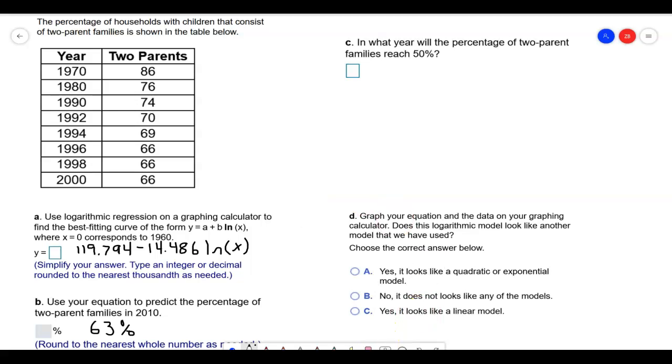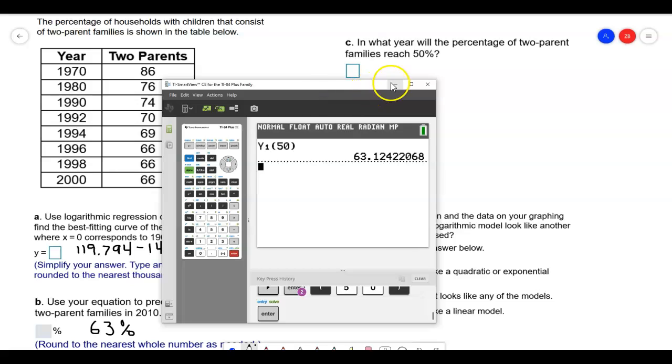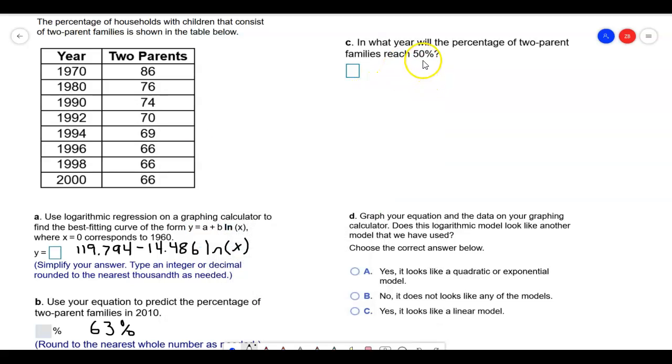So this one's going to be a little bit trickier here. So what we're going to do is this time, remember, the percentage is going to be the Y variable there, right? And so notice that it's kind of getting lower and lower. So it's going to be sometime well after 2000. So we're going to have to kind of go far into the future. So where we're going to set this up is we're going to take the original equation here. So this is going to be